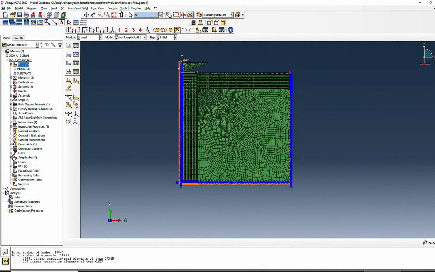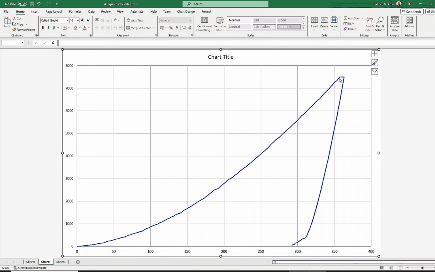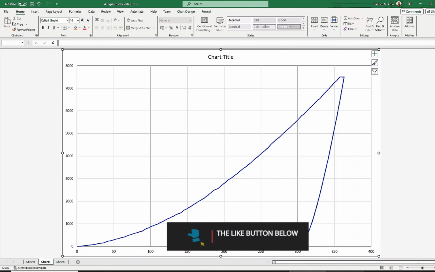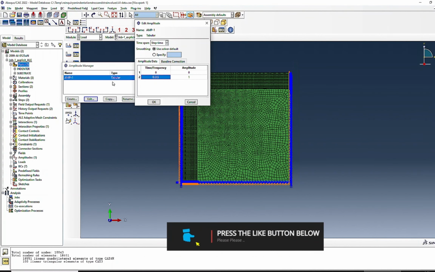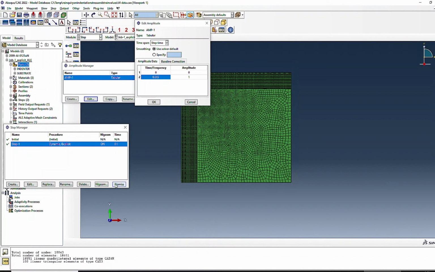So I go to the loads, tools, amplitude manager, and see how the amplitude is defined. So at 0, this is 0, and at 0.365, it should be 1, right? And then we know that, no, not 0.365, but rather it should be the total time of the increment. So that is 0.1. So we can use 0.1 to be 1, and then 0.2 to be